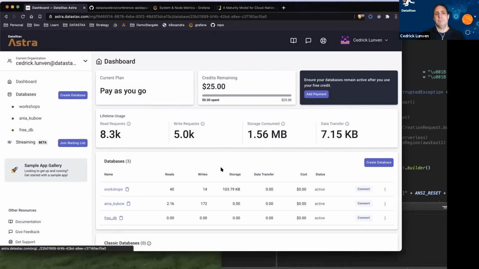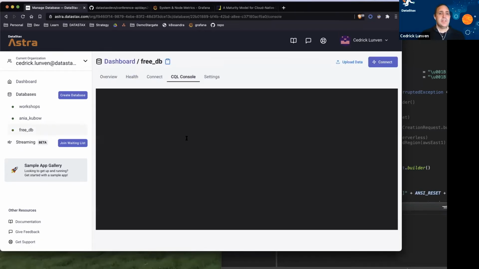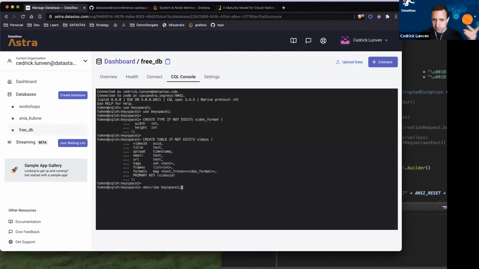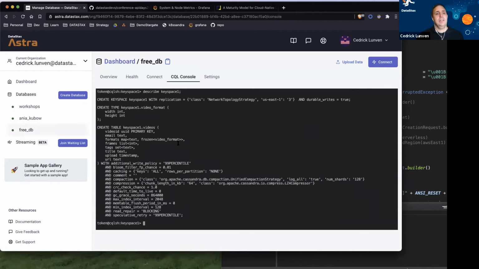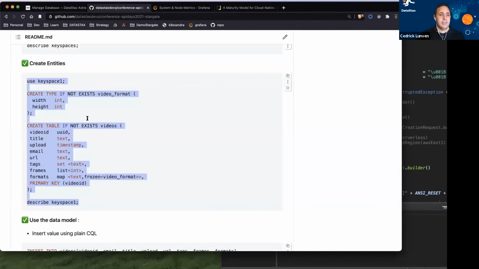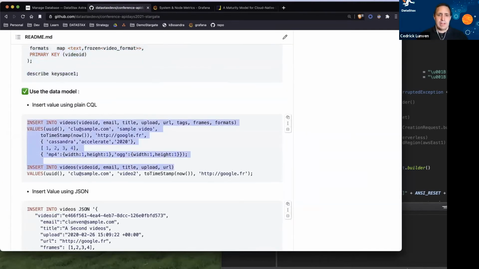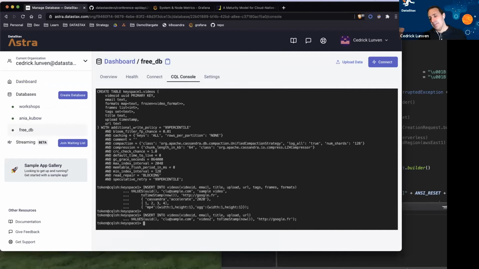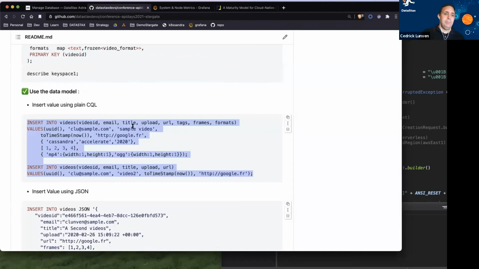Okay, so now the DB is active. First things you might expect, you go here to SQL Console, which is how to interact with Cassandra with the default language, which is Cassandra query language. And you want to execute queries to create objects. So you create tables and you insert data in your tables. Nothing special about that. That just create table, insert table. That gives you a first view of what the Cassandra query language looks like, but nothing special,